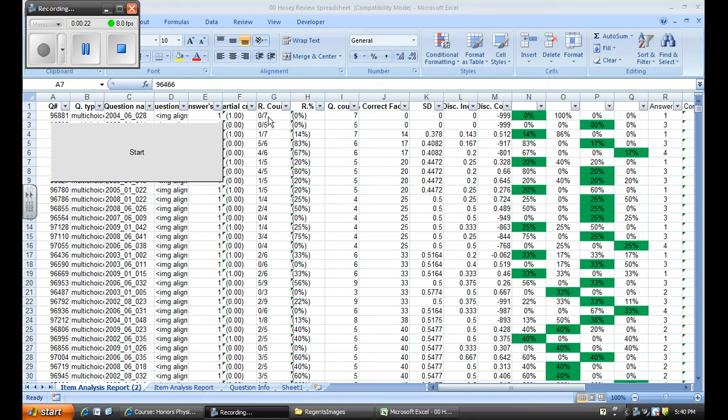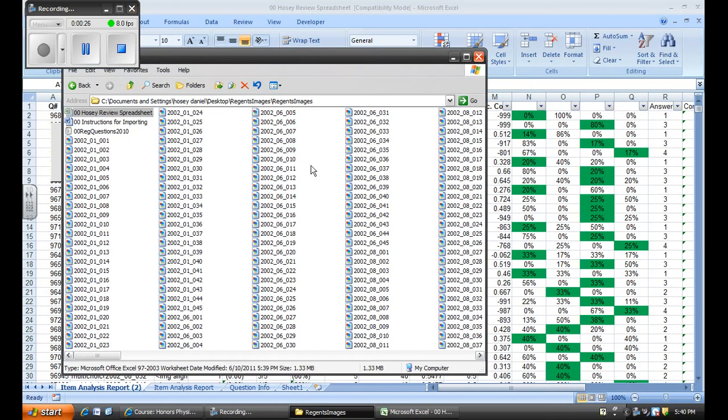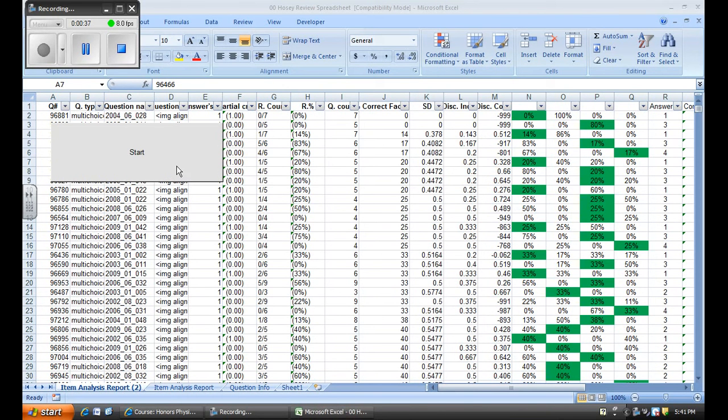And I made you something, just a little present from me to you. It's a spreadsheet with about 800 and some odd pictures. Each is a picture of the question. So let me show you what it is, and then I'll show you how to get it. So there's a button, you push it,